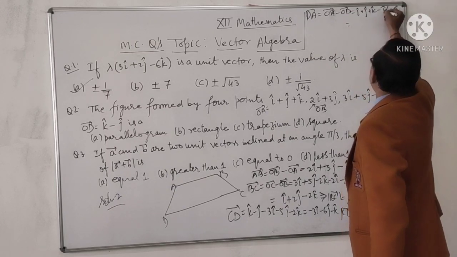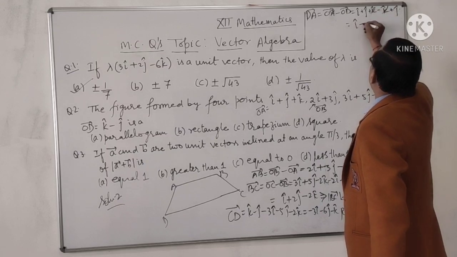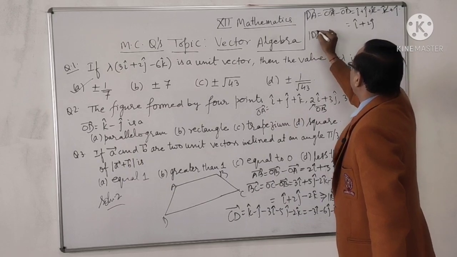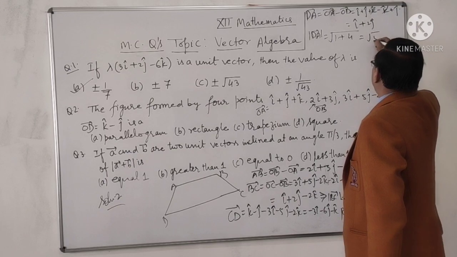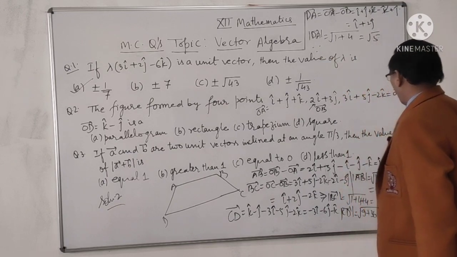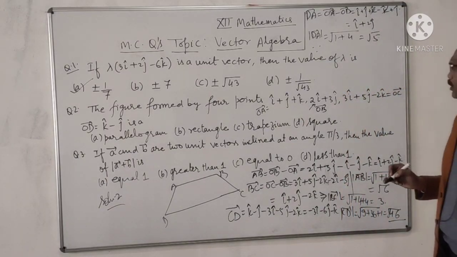It is i vector plus 2j. Then mod of DA is root of 1 plus 4, root 5. So the magnitudes of all these vectors are not equal,